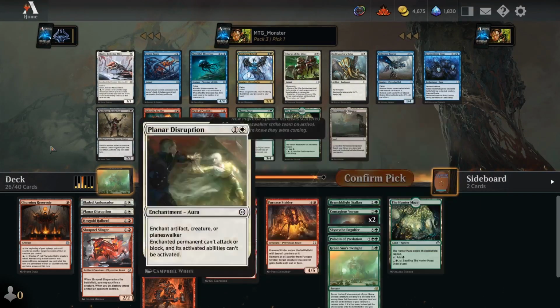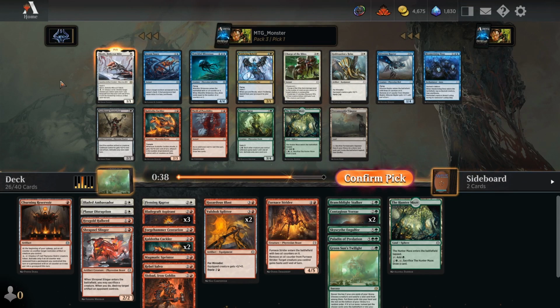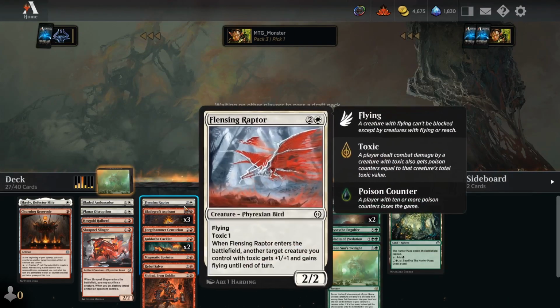Well, we finally got something that is not a red-green land, everybody. And it's white. It's a pretty good white 1-drop, so I'm going to take it. Already leaning into white. White's good. There's no reason not to take it. Looks good. I still don't know if we're oil or we're equipments or...